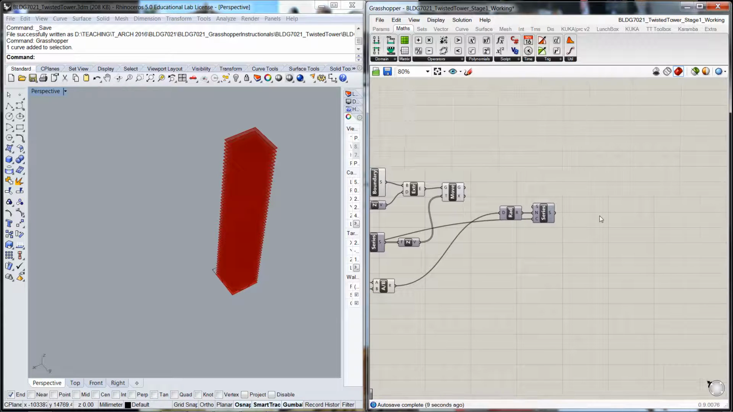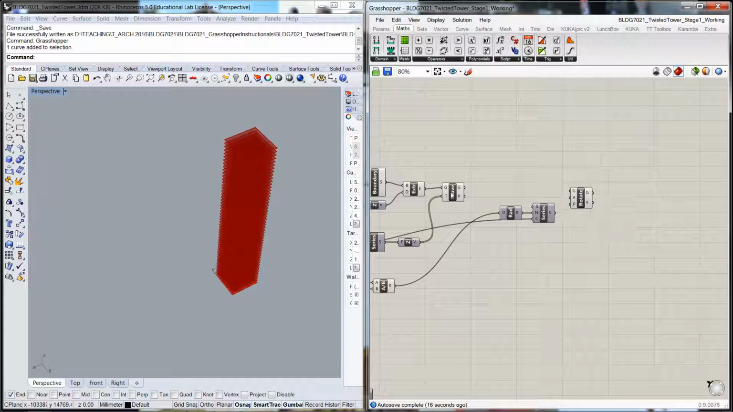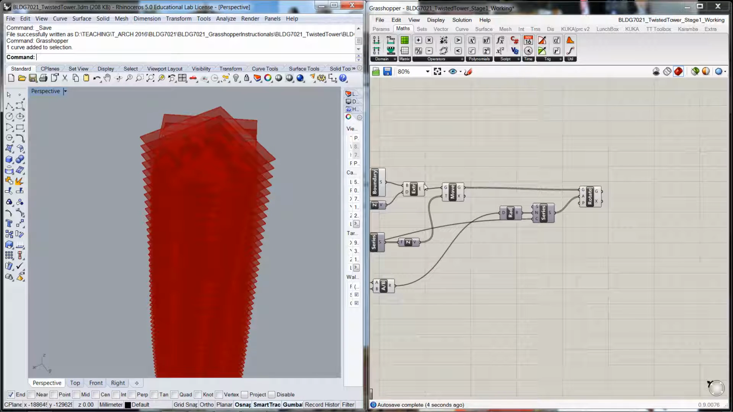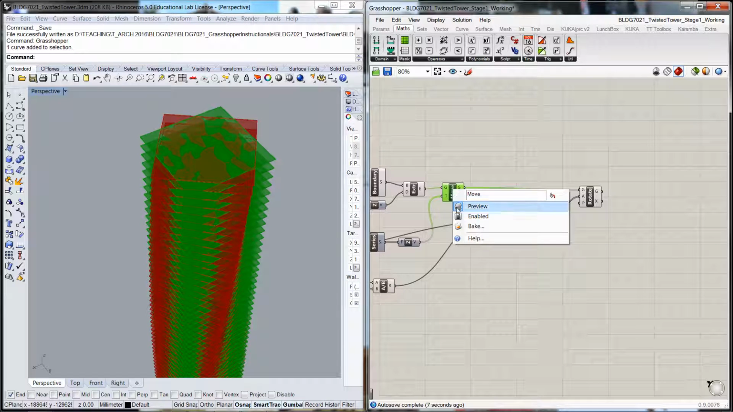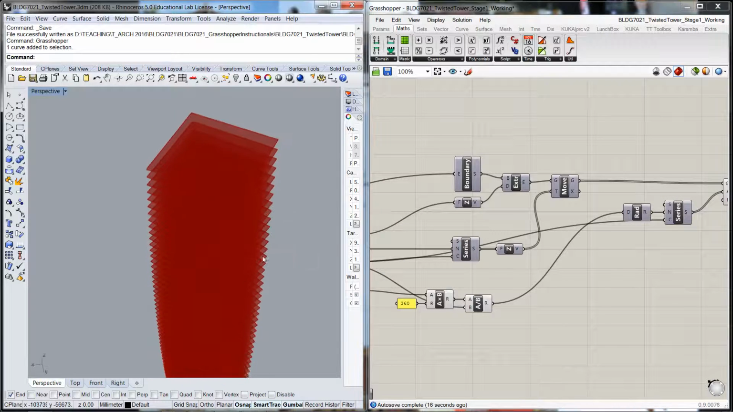Now all we have to do is plug in the rotate object around a plane. The geometry that we're going to rotate are all of these floor plates through here. I'm going to connect that to that, and it's wanting the angle, which is all of these step values through here. As you can see, again, we've got overlapping geometries, and all we have to do there is turn that to preview mode, turn that to preview mode as well, and what we should be left with is